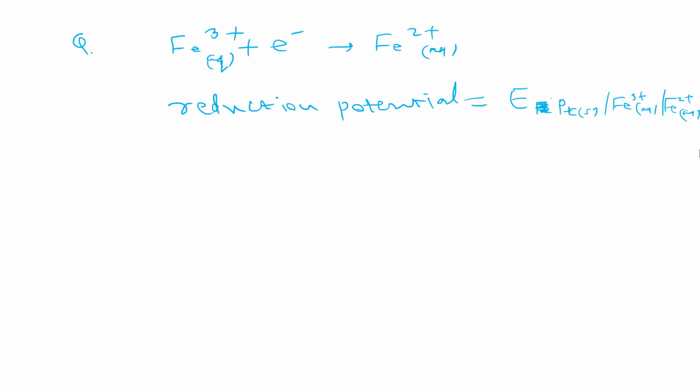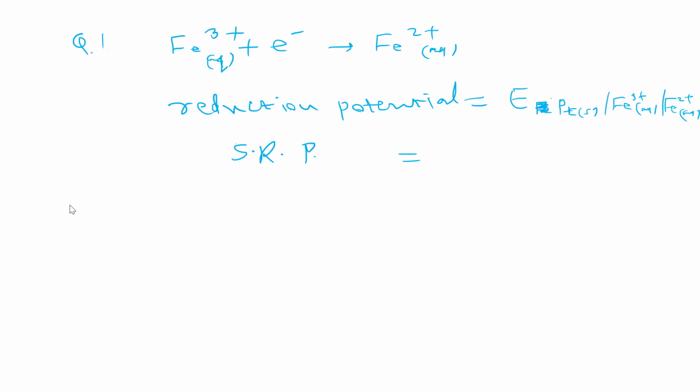Even when mentioning the reduction potential, you may use the Pt solid, or you may remove it, because it is not actually needed in this case. But generally we mention it, as we are writing the representation of the cell, the same part we take here for E. Then what about SRP? For this symbol, we just have to add E naught. Okay, great. So this is the representation for this given cell.